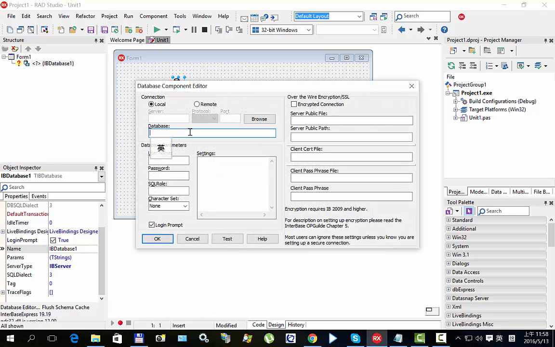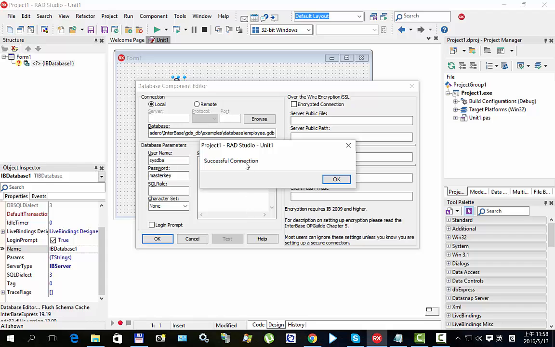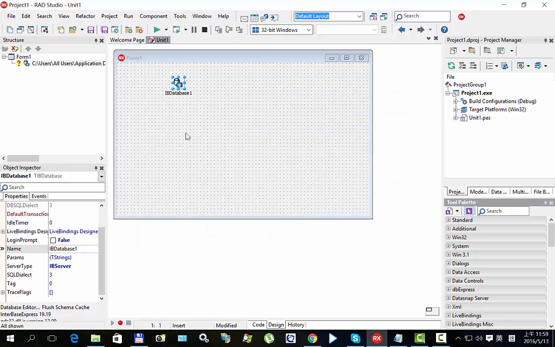Inside the database field, you can type in the InterBase you want to access. In this example, we are going to access InterBase demo database employee. And at username, you can type in the InterBase username and the password of your own, or you can use standard test account information. And then we can test whether we connect to the InterBase successfully. As you can see, now we can successfully connect to the InterBase. So we can close the